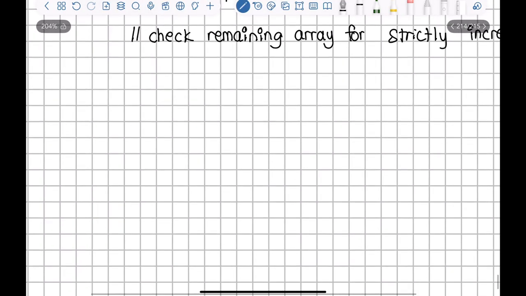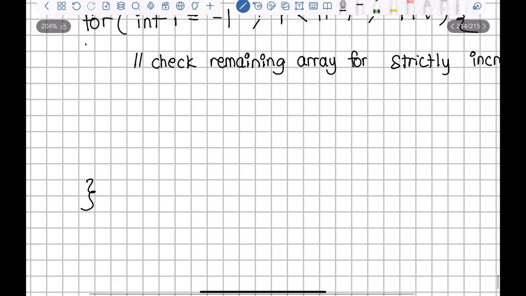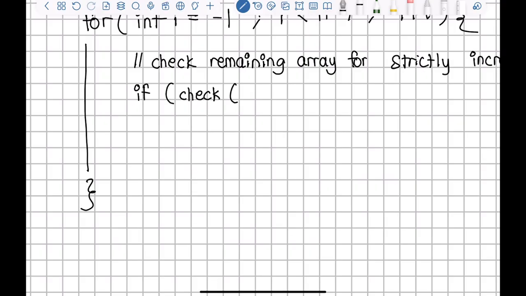And let's say this is the end of this loop, and here, if check of nums comma i is equal to true, then I just return i,